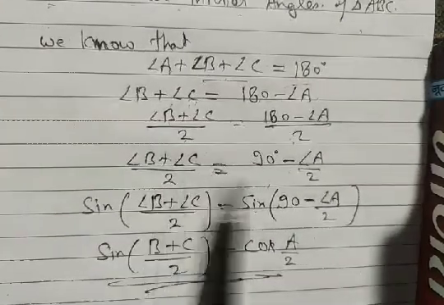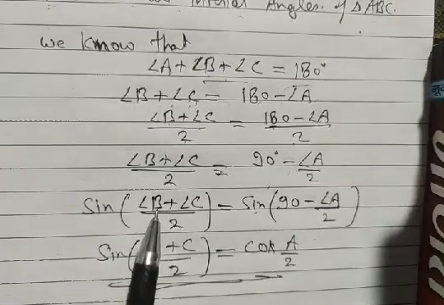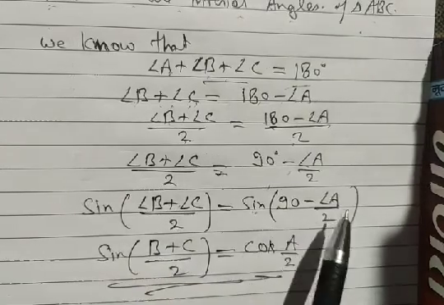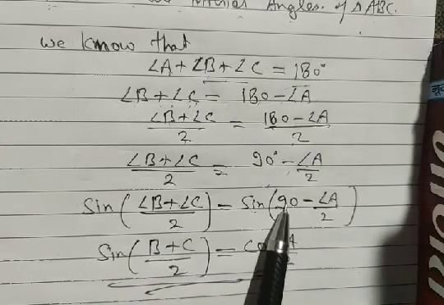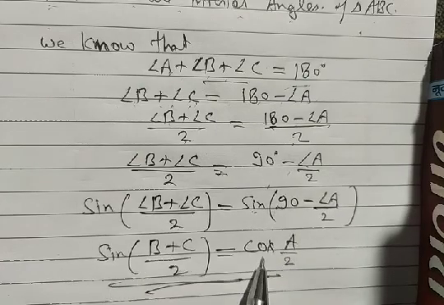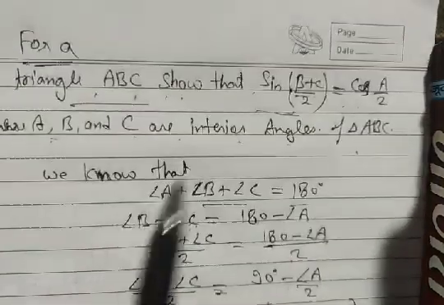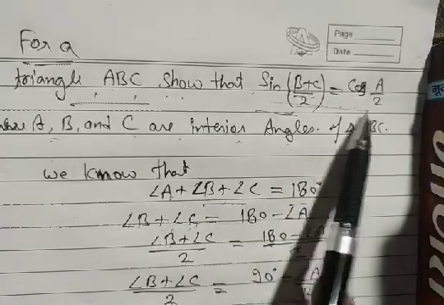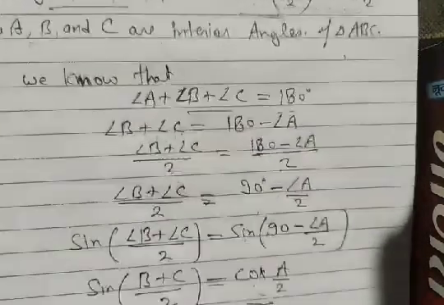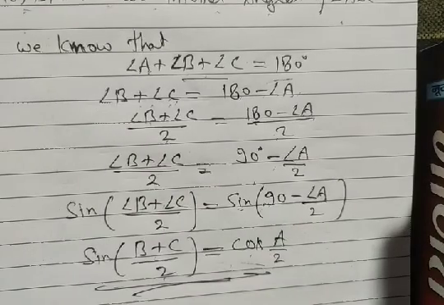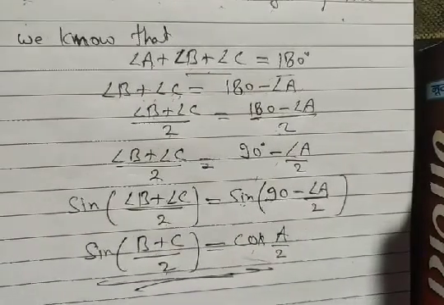Then we take sine of both sides. We have sin((B + C)/2) and sin(90° − A/2). Sin(90° − θ) is cos θ, and we get sin((B + C)/2) equal to cos(A/2), which is our required result. Now we have discussed some problems from specified angles, and after that